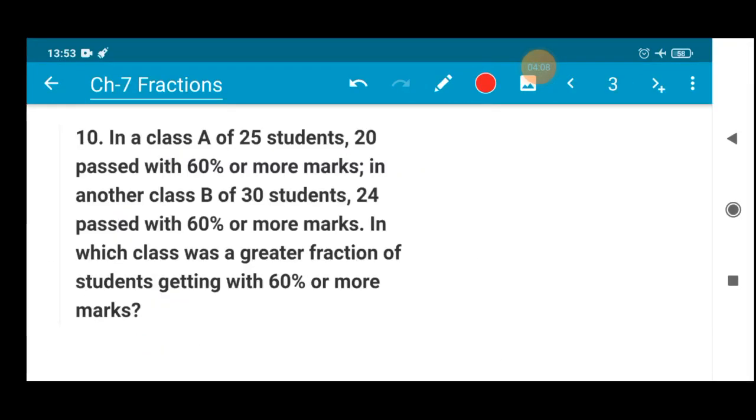Okay, proceeding to the next one. I request you all to do this as a home assignment. This will be homework. I know that you people have understood the previous sum. So using the concept of both, you will be solving this. Having any problem, don't worry, I'm here to solve this.